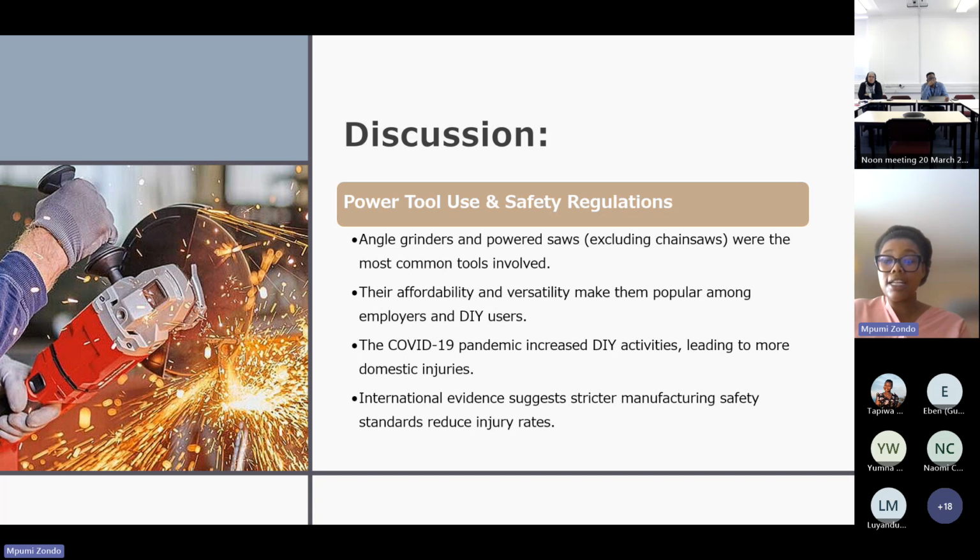In keeping with other studies, angle grinders and powered saws, excluding chainsaws, were the tools most frequently implicated in injury. An association was demonstrated between the tool implicated in injury and where the injury occurred. Similar reportings were found in Australia, where grinder injuries predominantly occurred in a domestic setting. Grinders are often preferred for their versatility, portability, and affordability, making them attractive to employers and